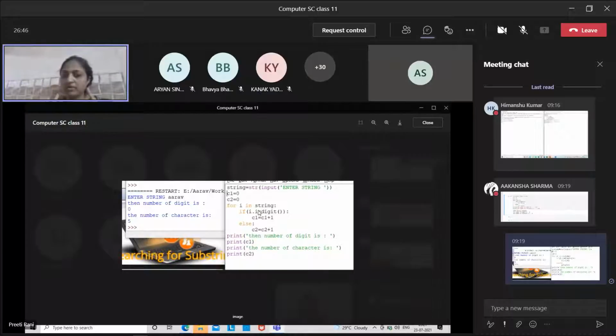If the string is there, I told you about the string, NK Bagrodia Public School, then 2020, I'm just writing, or 2021. So N, what's the place of N? It is at the 0th place. So it is checking at the 0th place. Is this i which is at 0 place a digit? No, it is not digit. So it is going to the else option.